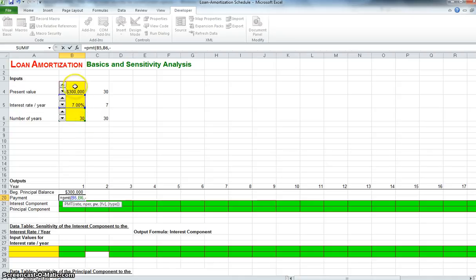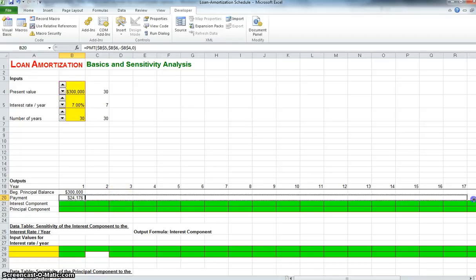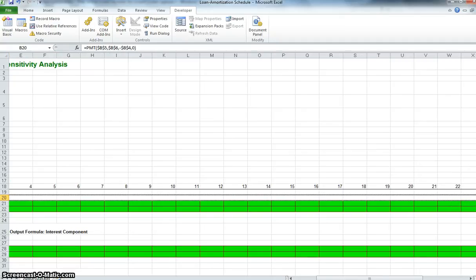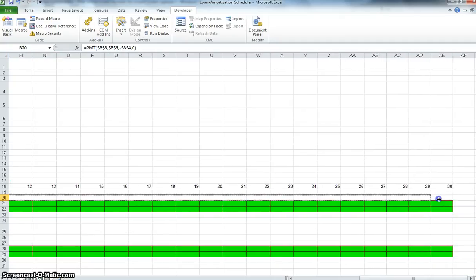So this is my present value, and then my future value will be 0. Let's close it out. That's my payment. Oh, I forgot, I just need to lock all these because we refer to the payment as a fixed payment, so make sure it is all absolute, and then we just do a magic thing, drag all the way over to year 30,